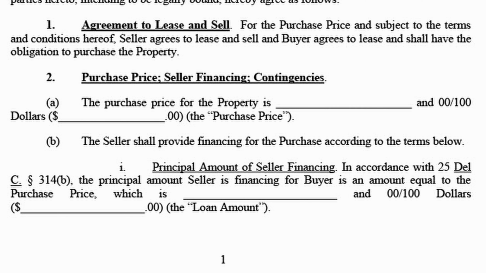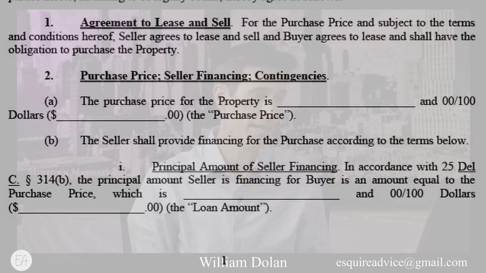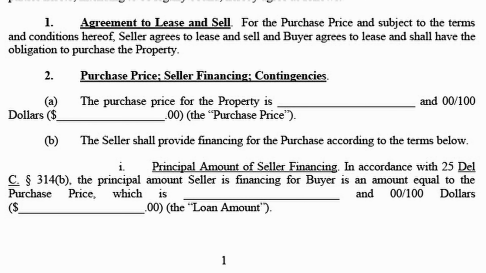Now, I'm just going to mention at this point as well, in this video, we're reviewing the buyer version of the conditional sales agreement. I do have a seller version of the conditional sales agreement. And I'm going to talk a little bit about some of the provisions and how they may differ. But the one you're actually going to be viewing for the most part is going to be this conditional sales agreement by the buyer. All right, so section 2B1, the amount of the seller financing, again, we just talked about that.